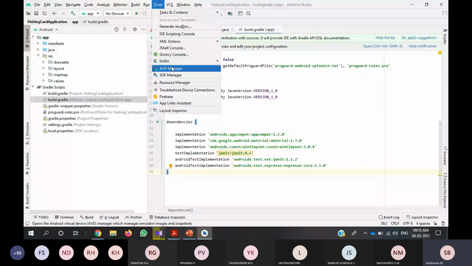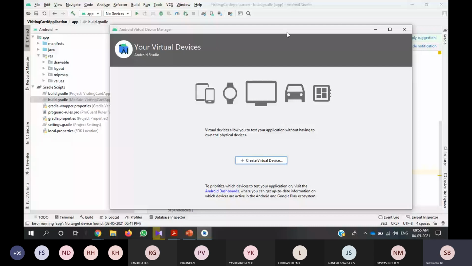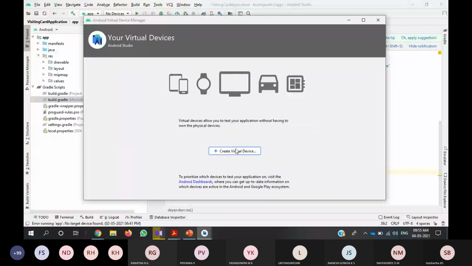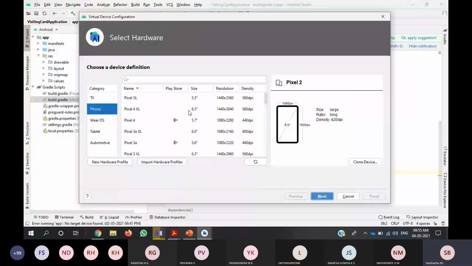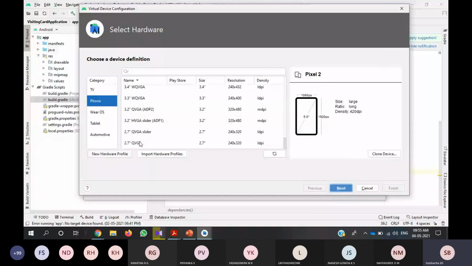Okay, I will click here. You will get this Android virtual device dialog box where you can select. There are so many Google devices; here you will get only the Google virtual devices.